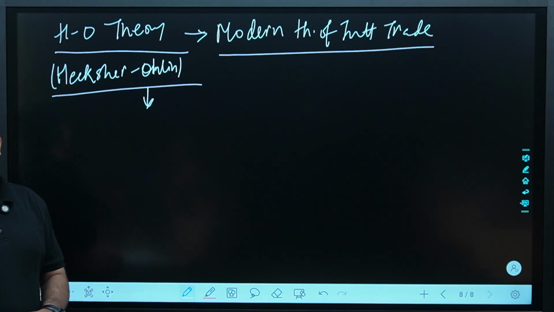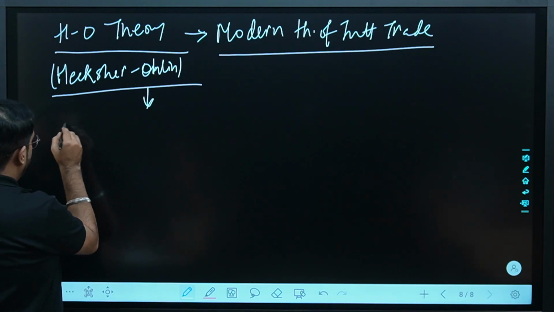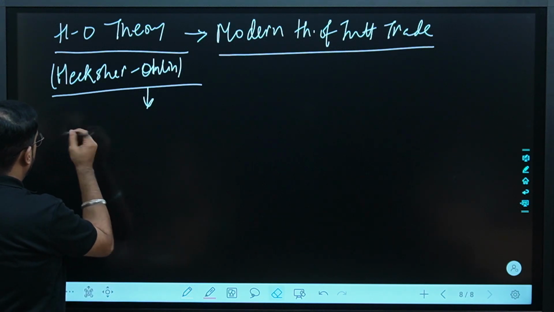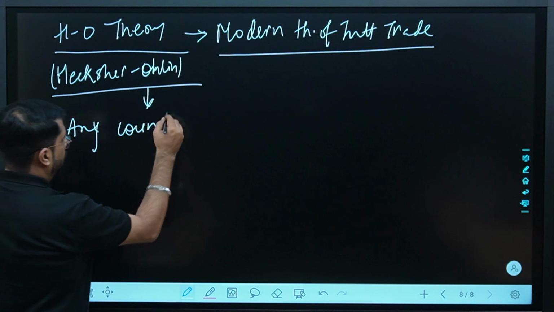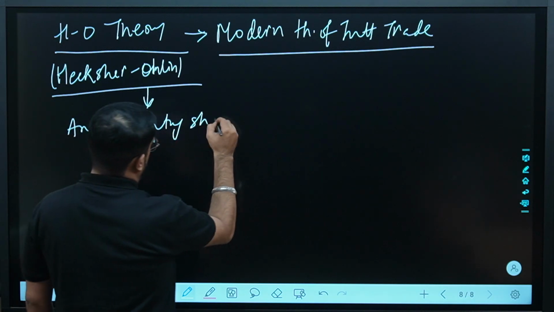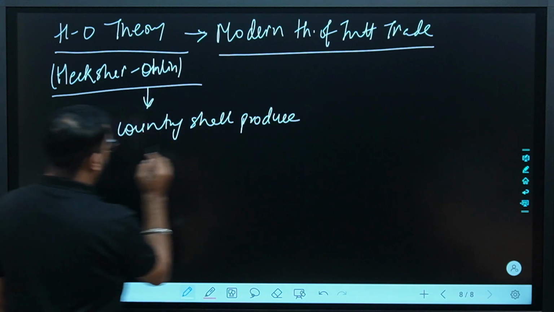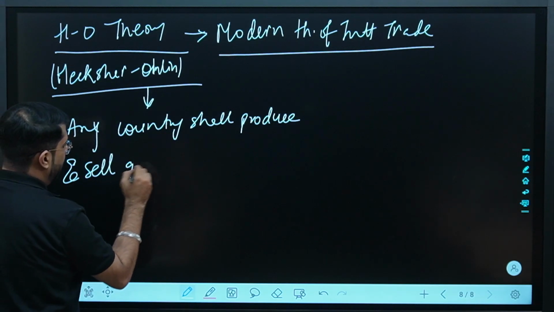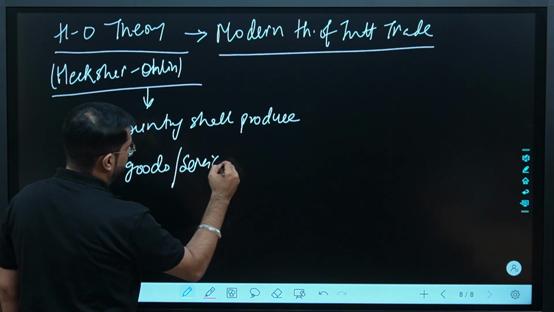Heckscher-Ohlin observed and said that any country shall produce and sell goods and services